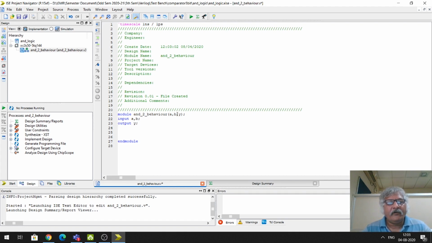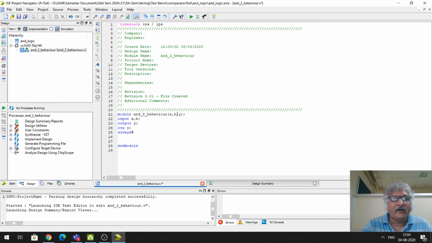Since I am using the behavior model, in the behavior model whatever is your output, you declare that output as reg also. reg Y, semicolon.